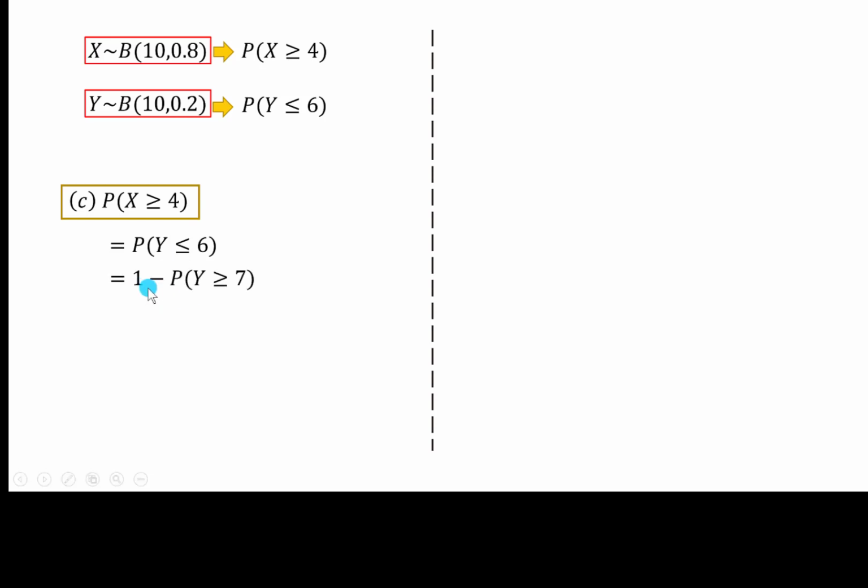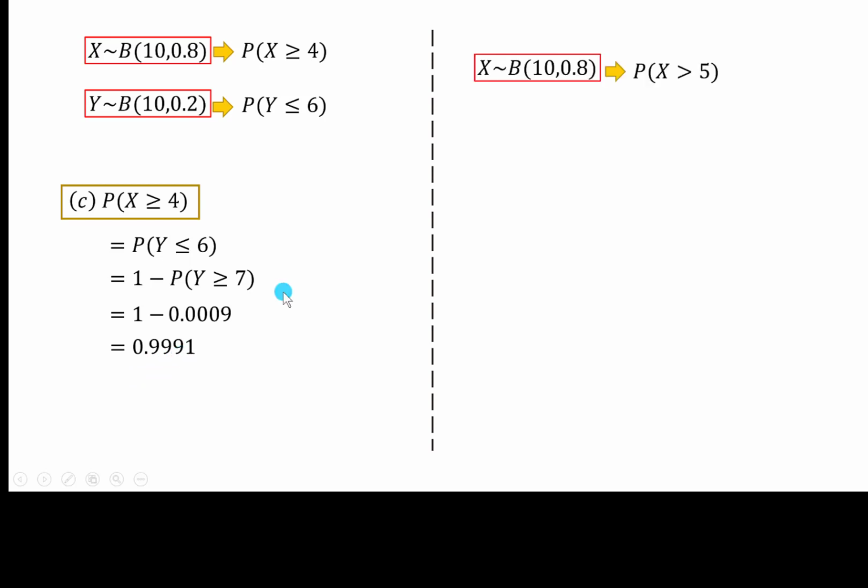So we write 1 minus the probability Y greater equal than 7, because we just want 0 until 6. So 7 to 10 must be excluded. That's why we subtract the probability Y greater equal than 7. By referring to the new probability 0.2, we find the probability in the table, or this value we already got from question B, and the final answer is